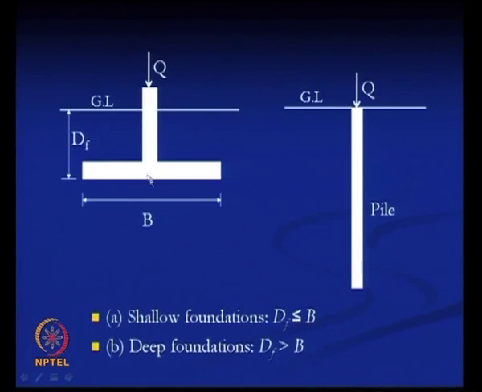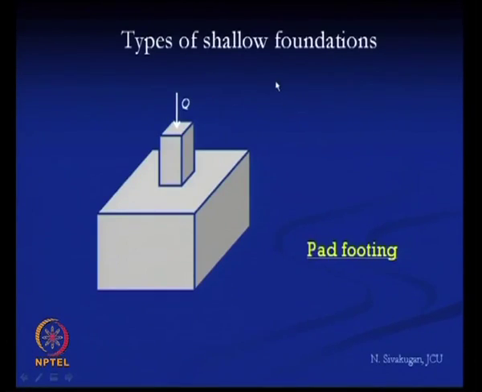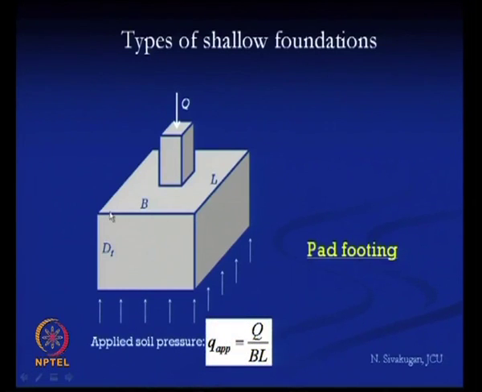Now, these are the different components: this is the width and the shallow foundation, and this is the pile foundation, the deep foundation. Here the load is transferred through the pile to a hard stratum, and the resistance comes from the frictional resistance and the bearing resistance. Now, this is the type of shallow foundation. This is the column, and this is the particular foundation where B is the width of the foundation, L is the length of the foundation, and df is the depth of the foundation.